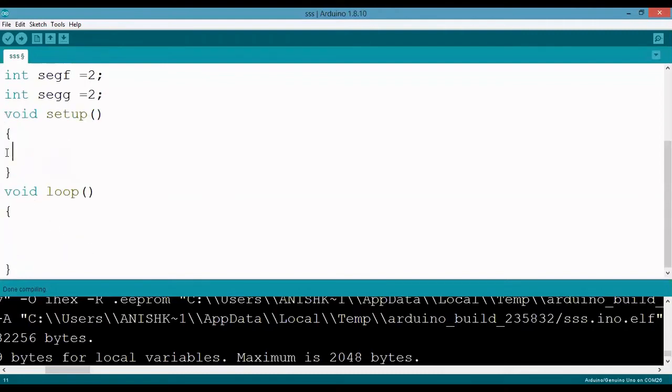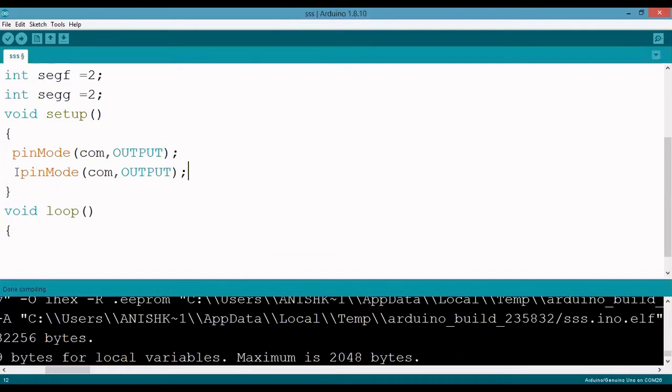Next, these 8 pins, whether they are input pins or output pins, we are going to initialize now. All the pins are output pins. So pinMode(common, OUTPUT). Like that you have to initialize the other pins in the void setup function.